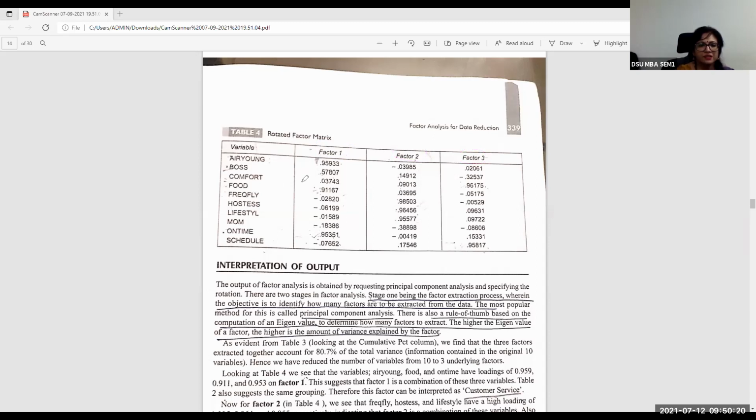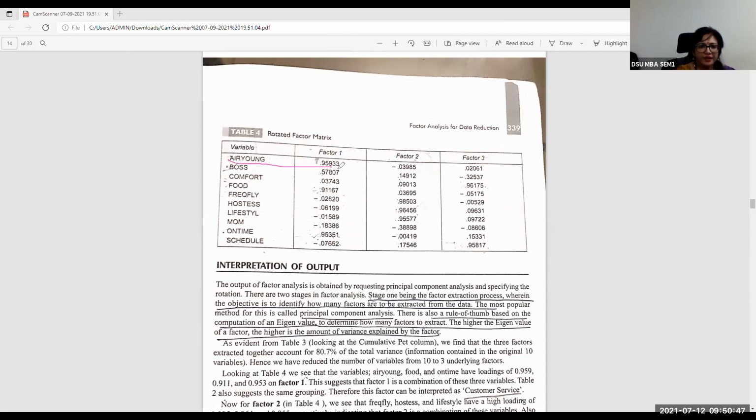So these three factors mean you have to see that the 10 statements will now be reduced to certain factors, which means a combination of these items will be used to understand what are the three things which are important in studying consumer perception towards a brand, in this case, Jet Airways. So let us see factor one. In factor one, what did we say? Choose that particular variable which has the highest coefficient.